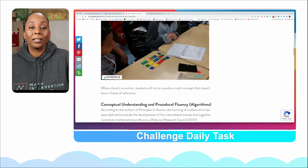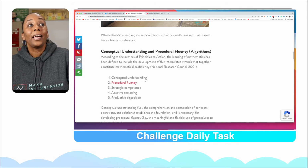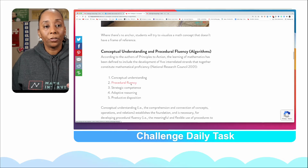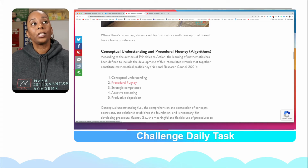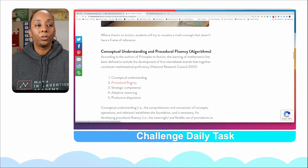One of my colleagues reminded me of that. And it's a part of students' mathematical proficiency. They have to have a conceptual understanding first. Then there's that procedural fluency, which comes in handy. And I think I mentioned in one of the other videos that normally when students have errors in fluency, there's an issue with the conceptual understanding. Always. I haven't seen where it was not. So when you're talking about choosing strategies,